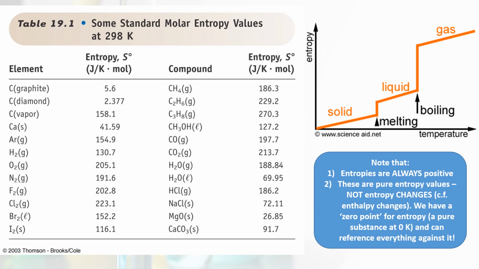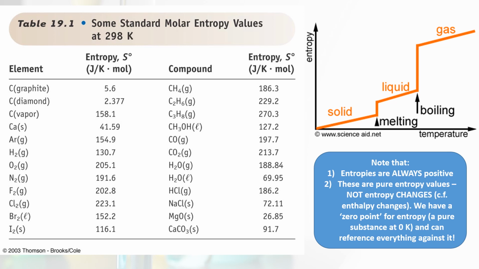And obviously you don't have to remember any of these, but there's a few takeaway messages that are useful to have here. The first is that hopefully you can see that generally solids tend to have lower entropies than liquids, and they tend to have lower entropies than gases. This is for the exact reason we've talked about on the previous slide, that the gas has much more entropy, it's much more disordered than a liquid is, and that has more entropy and is more disordered than a solid is.